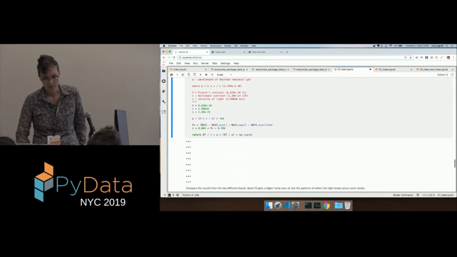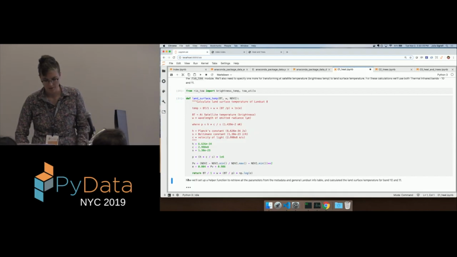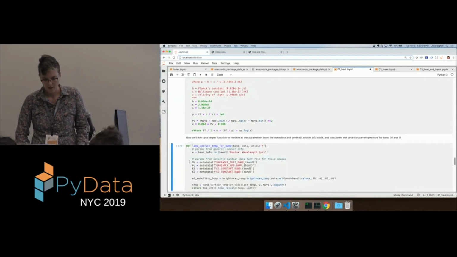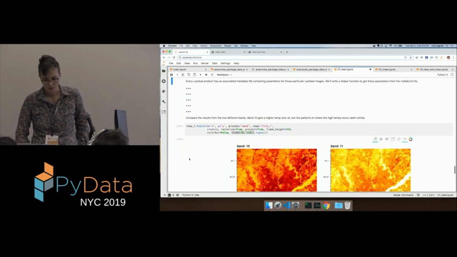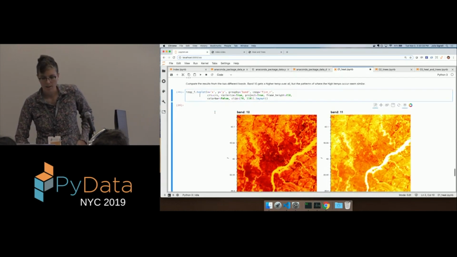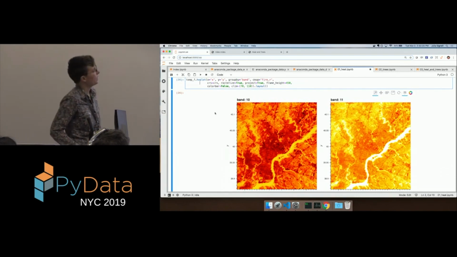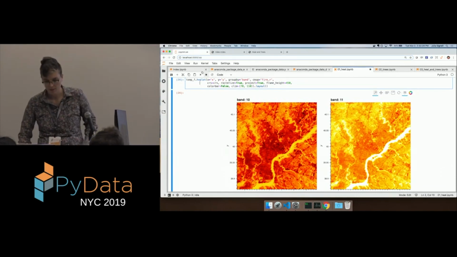So there's a couple calculations here for land surface temperature. I just found them online. They seem pretty straightforward and well understood. So once you've calculated land surface temperature, you can plot that. So you can calculate land surface temperature for band 10 and band 11. So here we've plotted them,